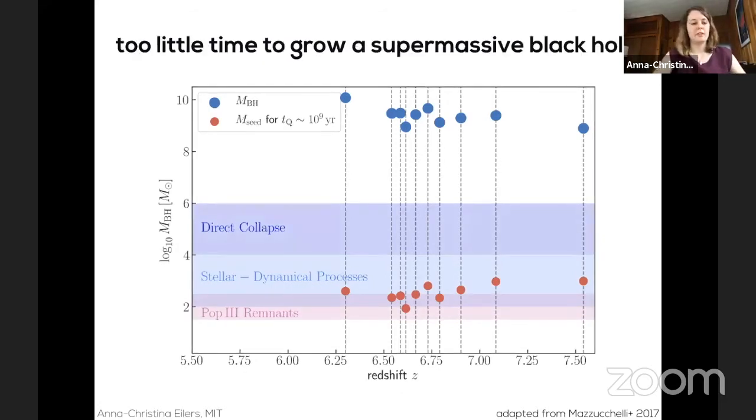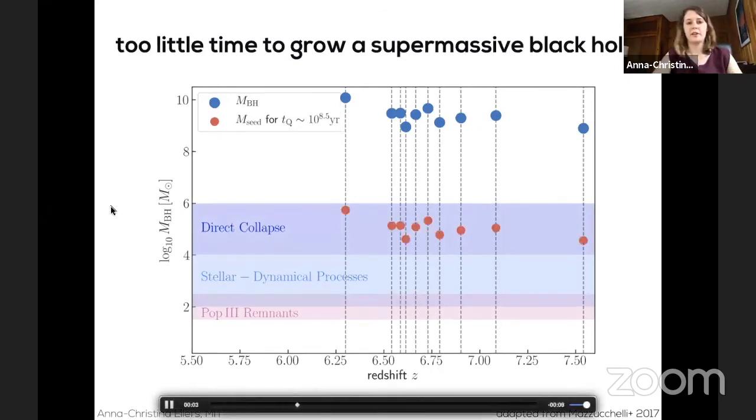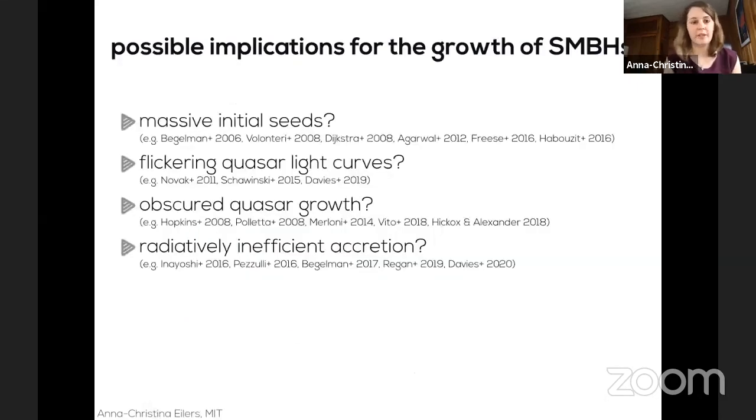But if we now reduce the lifetime of these quasars to only like 10^6 or 10^7 years, which is the average estimate that we obtain for the quasar population at large from our proximity zone measurements, you can see that there's almost no time for these objects to grow a billion solar mass black hole under the current assumptions. And so clearly, the current model is not really working well with those results, and we have to make some adjustments. Okay, so what could be going on?